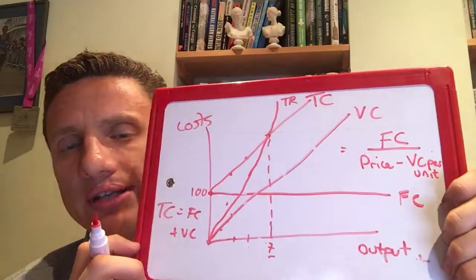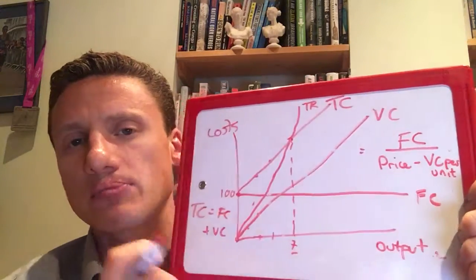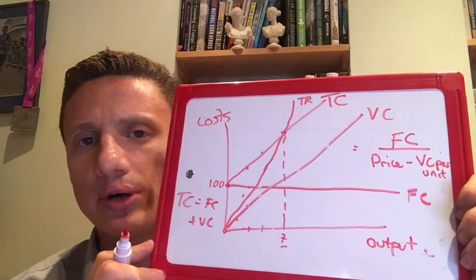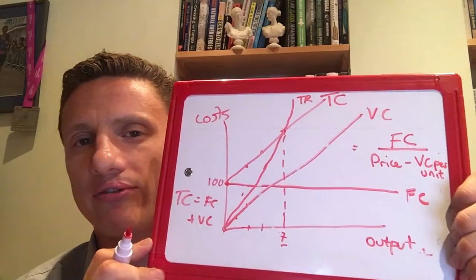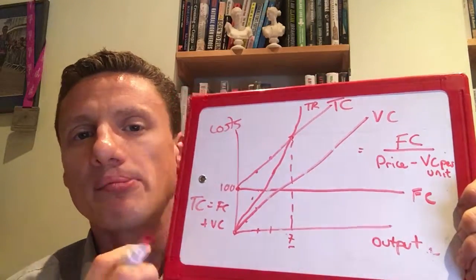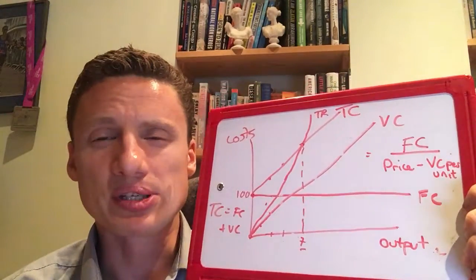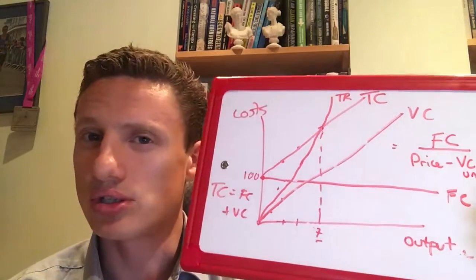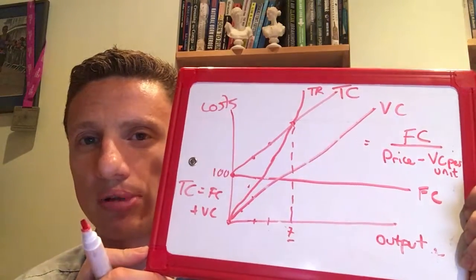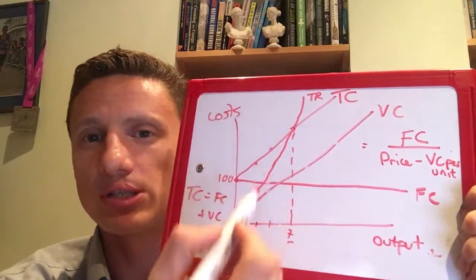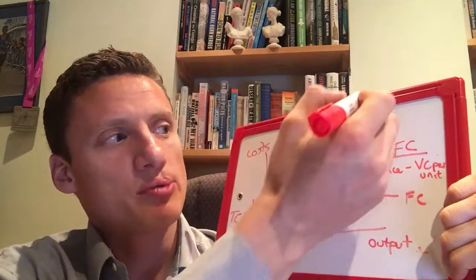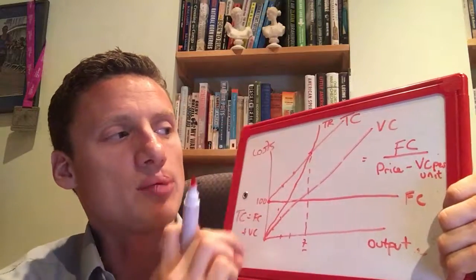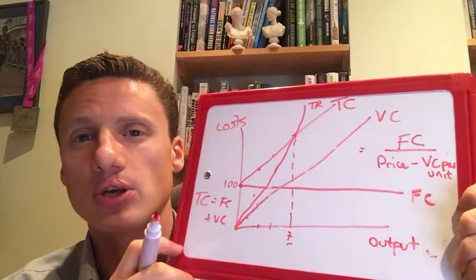So if you're looking for an easy solution, that's the formula that you need to plug into your calculator. And I'm sure in any business studies exam, you'll probably get the numbers that allow you to plug that formula into your calculator and get the result. But if you need to do it graphically, and remember your business studies exam even at A-level can ask you to do that, to draw a graph and plot it, then this is the graph that you need to be doing. Perfectly horizontal fixed cost curve, upward sloping variable cost, upward parallel shift for your total cost curve,